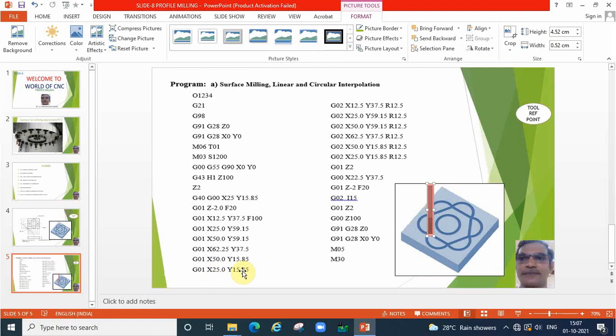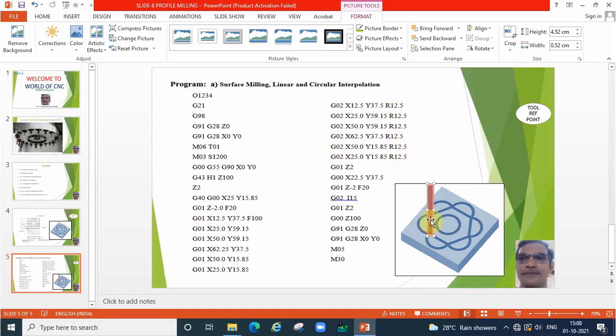The same depth we have to keep, and then we are going to make curvature at 6 points, by using G02 with some radius of 12.5. The same 6 lines we are going to repeat here. By changing the code, instead of G01, we can write G02 with radius 12.5.